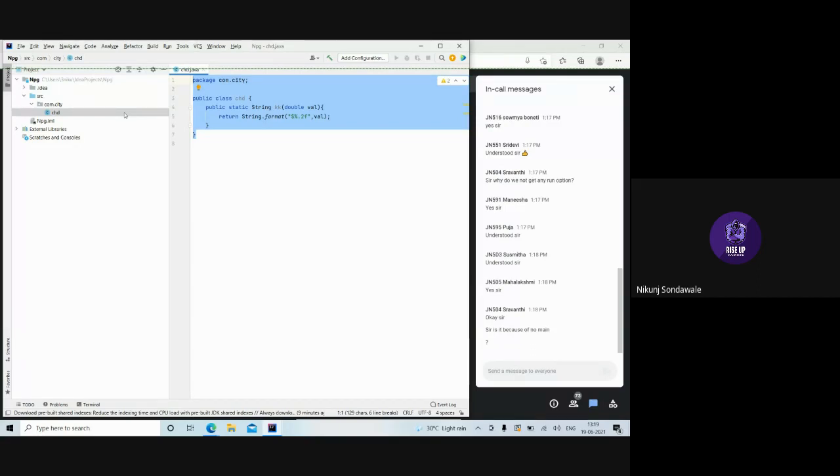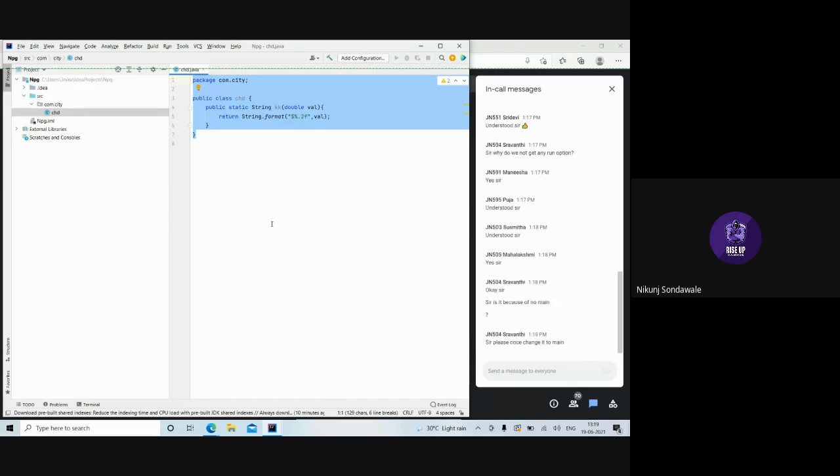Oh yes, you could be right. Here we don't have any main method, so maybe that's why we cannot run it as a main. It could be one of the reasons. I cannot confirm this because I did not study it in depth.